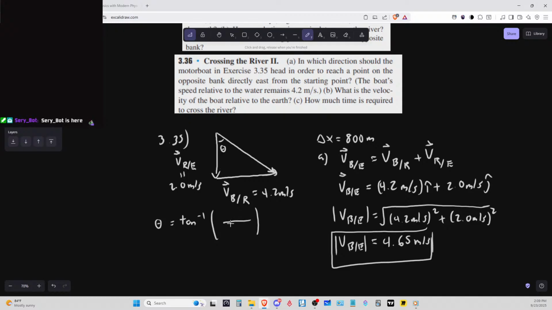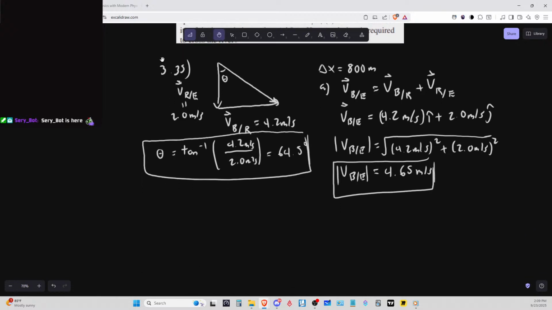But so this one is treated as the opposite, and this one is treated as the adjacent. And I think then we're left with 64.5 degrees. That's all A. So for B,